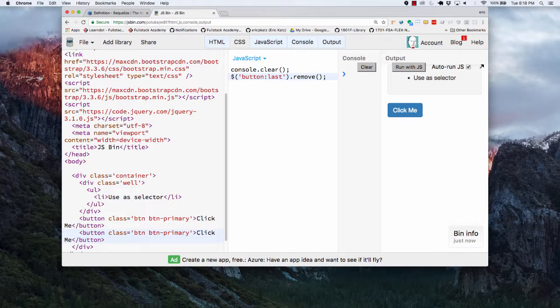Removing will actually take that DOM element and remove it from the DOM, because the main thing about the DOM, when we think about the DOM, is that it's sort of this living, breathing tree structure that, when modified, changes what the user ends up seeing. So if we decided to do this and you wanted to know which one we were removing, instead of actually removing,